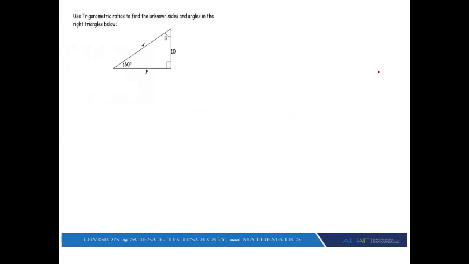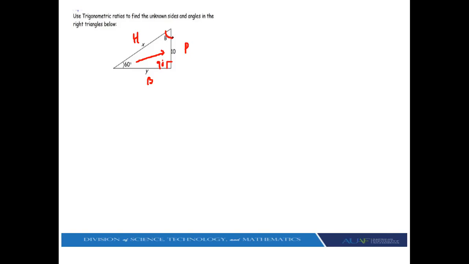Okay, another question. What is given in this question? You can see that an angle is given. One angle is 60. The opposite side of 60, the perpendicular, is given. The perpendicular is equal to 10. We don't know the base value and we don't know the hypotenuse value. One angle is 60, this one is 90, and we don't know this other angle. So how do we find all six things, for example, three sides and three angles?